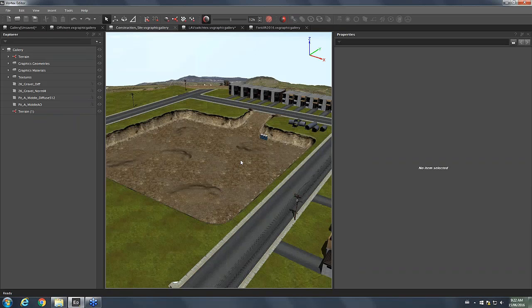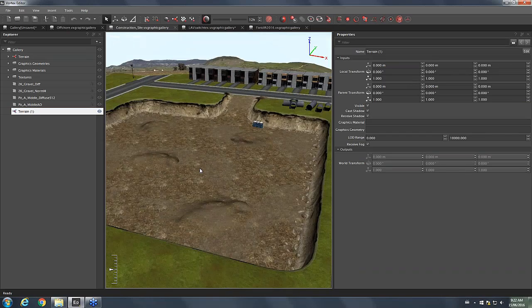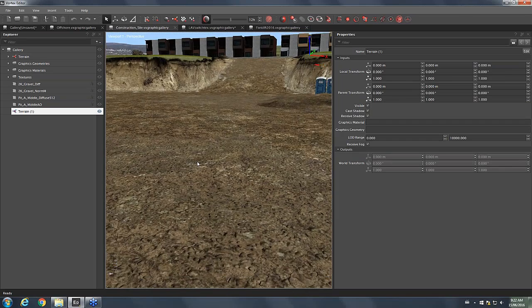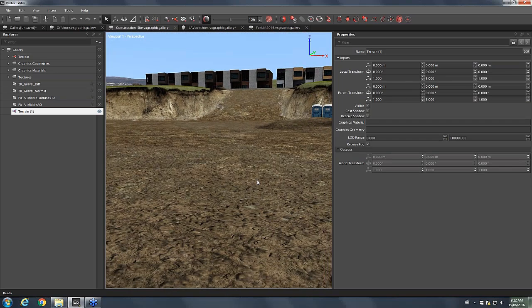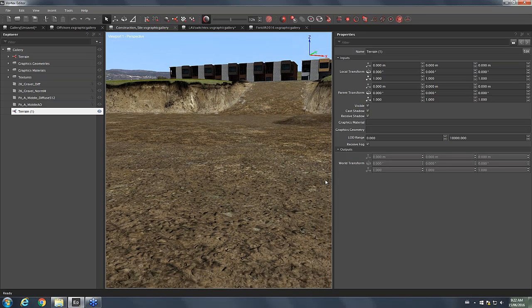We can also use this above ground. I remember the construction site that GP showed you a bit earlier. Now this was very big. The problem is that when you want to zoom in from an excavator perspective, you need some definition in the rock and in the ground. So to create this and still reduce the size of the model,